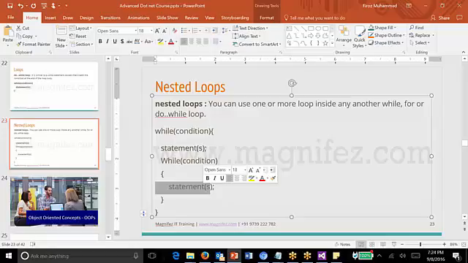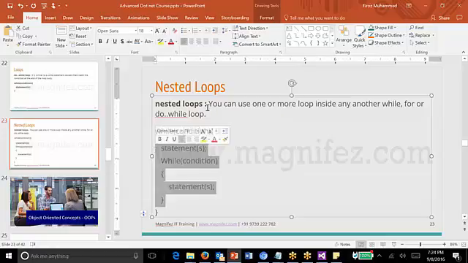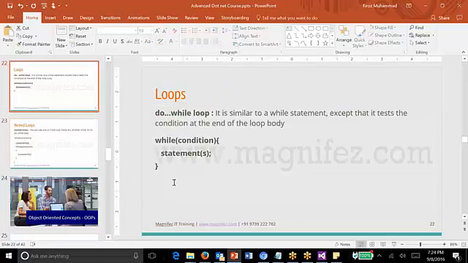So same thing it will do here. If this condition is not true, it will keep waiting till the condition is true. Once the condition is true, it will come inside and execute whatever is inside, and it will keep executing this as long as the condition is true. For example,